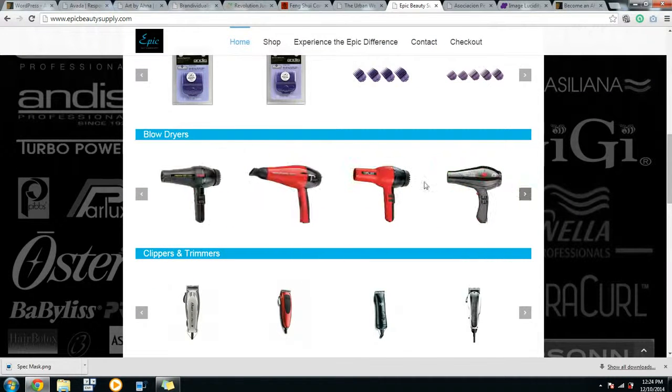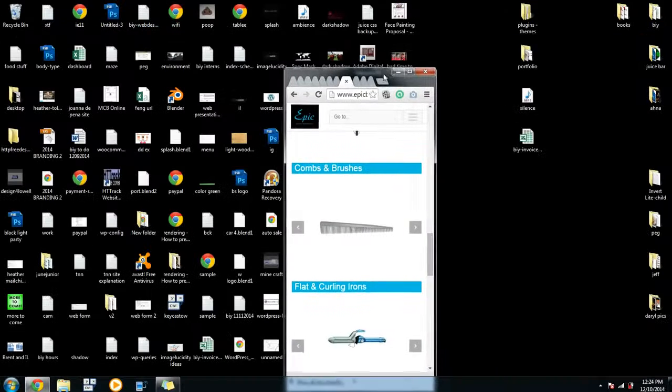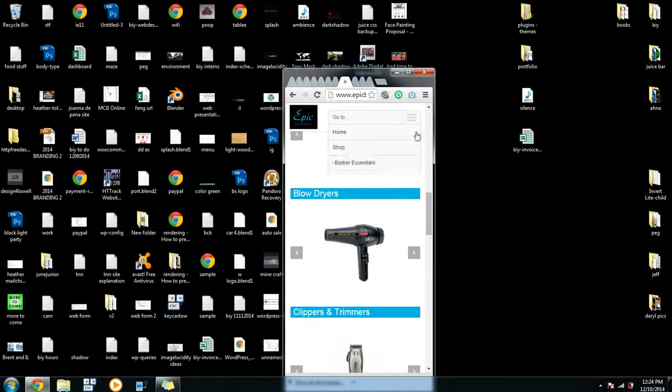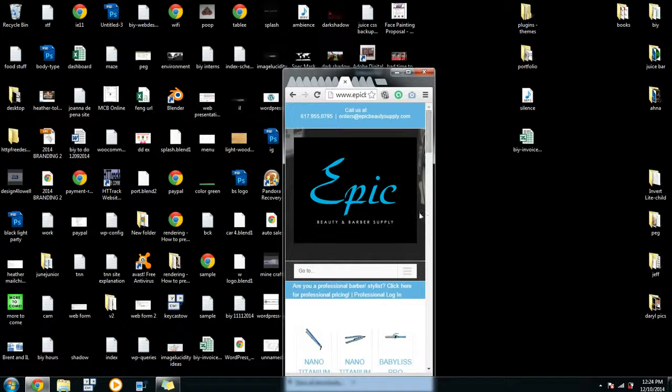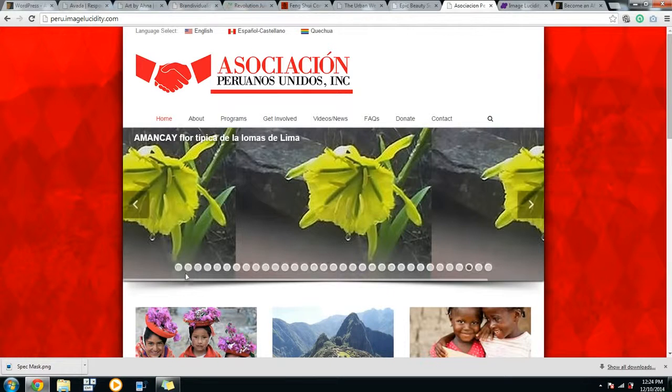So you can see you can just filter through categories. Avada worked perfect for this. Again, mobile responsive. This website,